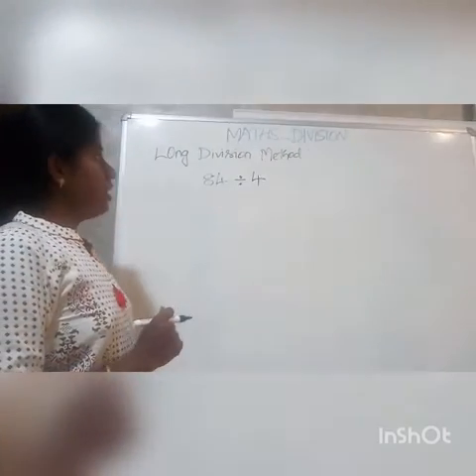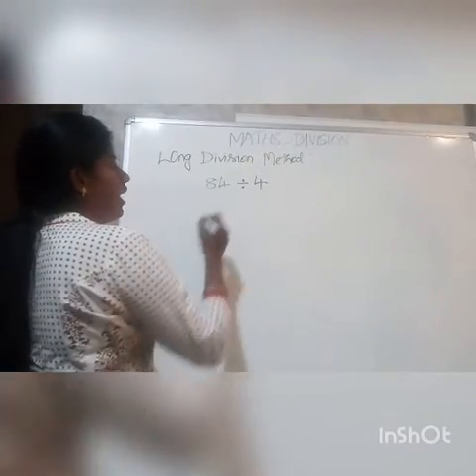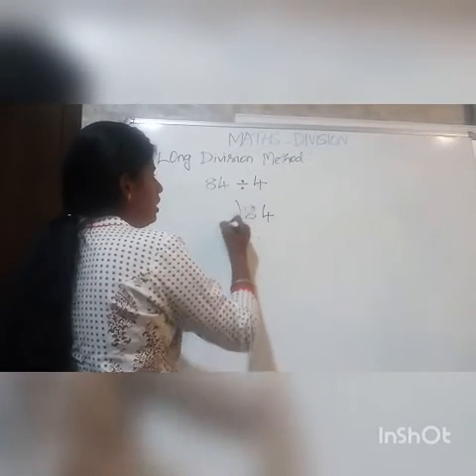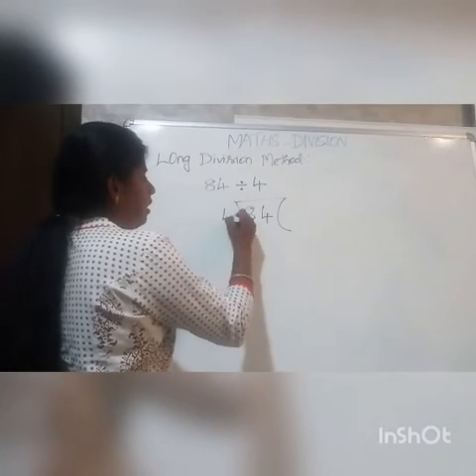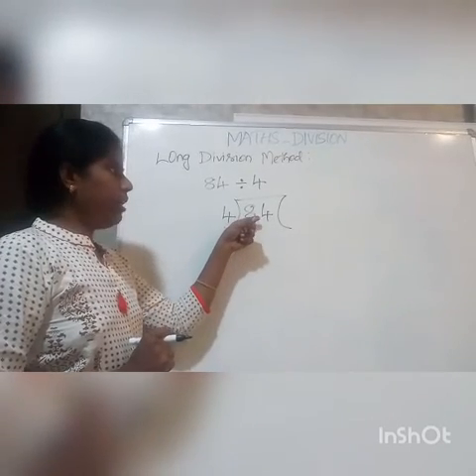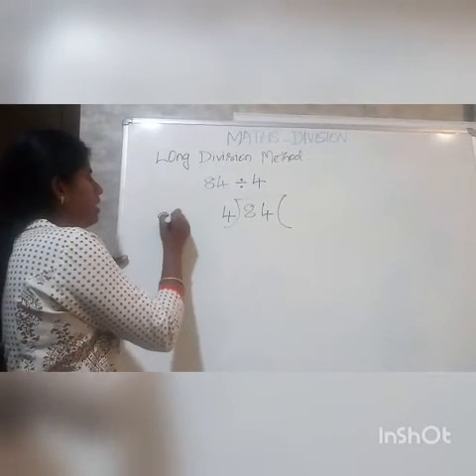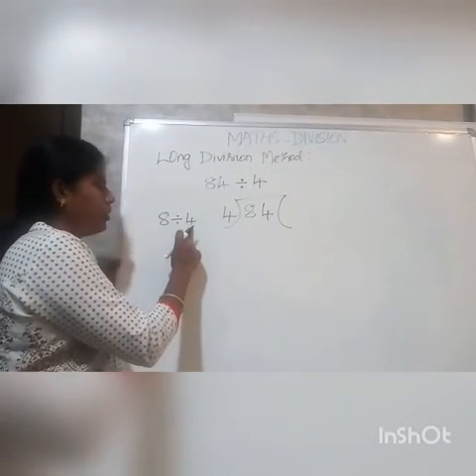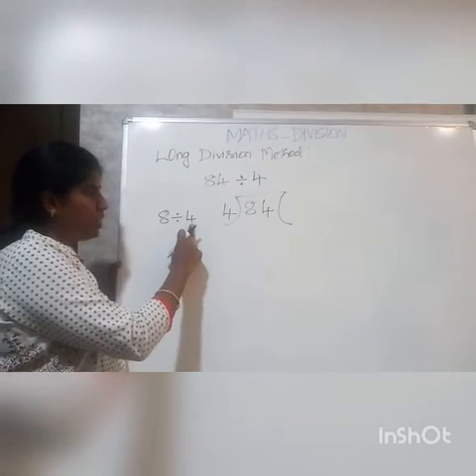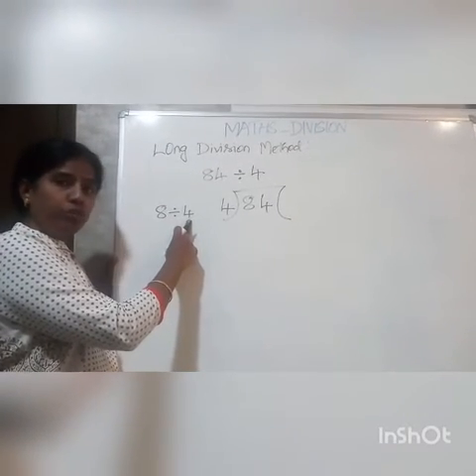Next is division by using the long division method. Now let us revise this. 84 divided by 4 is the sum here. We need to write it down as 84 divided by 4, with the division symbol. What we need to do here is take the first number on the left hand side and start to divide it by this divisor, which means 8 divided by 4. So we need to say the tables for the number which is there after this division symbol. We need to say the tables of 4 till we reach 8. So 1 4s are 4, 2 4s are 8.